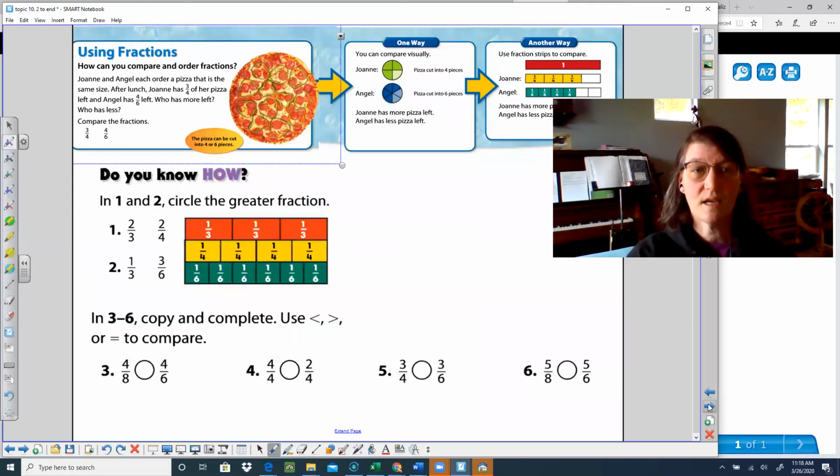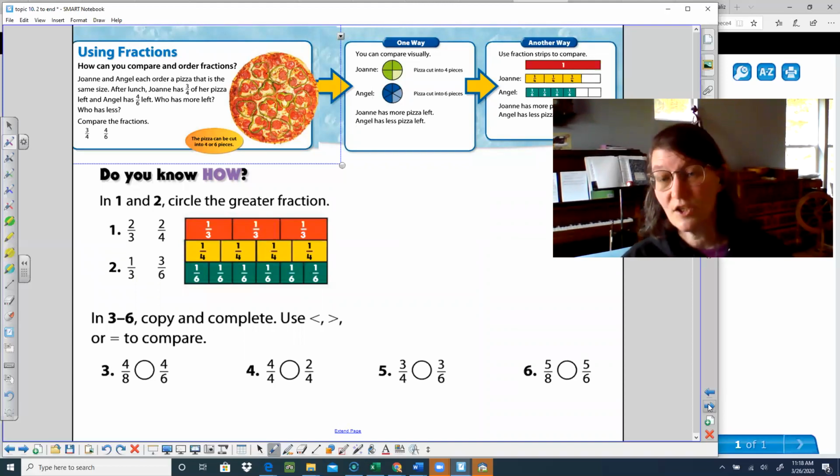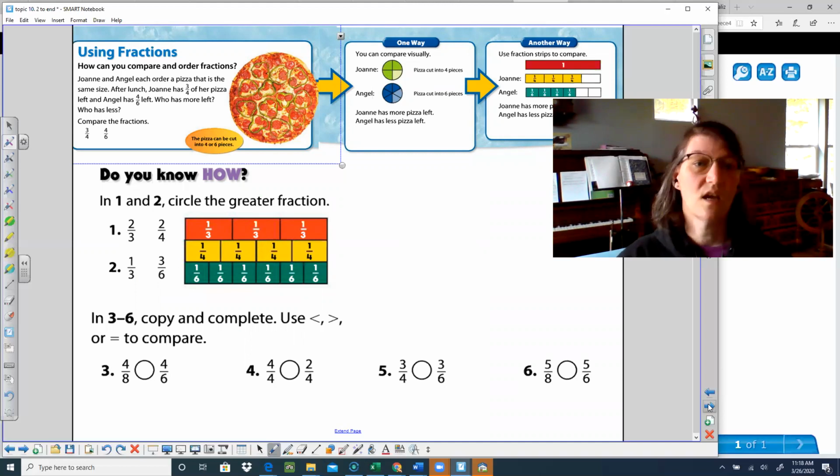Okay, so today we are comparing fractions and they have different denominators. I built in a lot of visual models because it kind of jumps right in. And I thought, oh, some of us aren't quite ready for that. And when we took the topic test on this, some of us struggled with this concept. So I figured I would reteach it and hopefully you're watching and building on your knowledge. So we need to compare